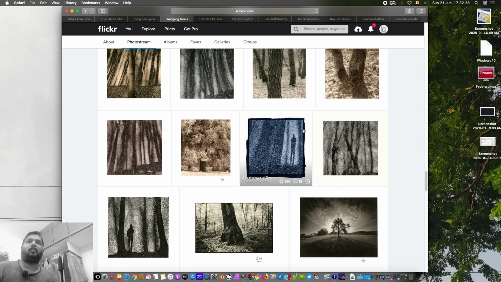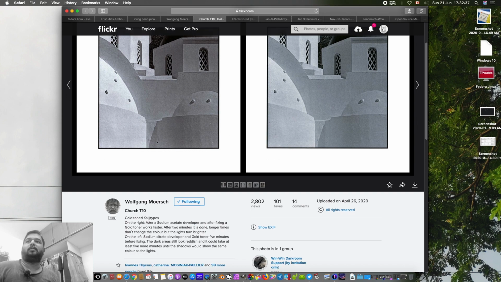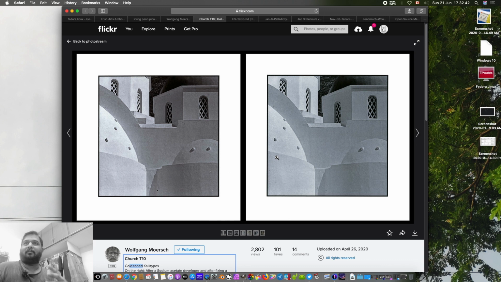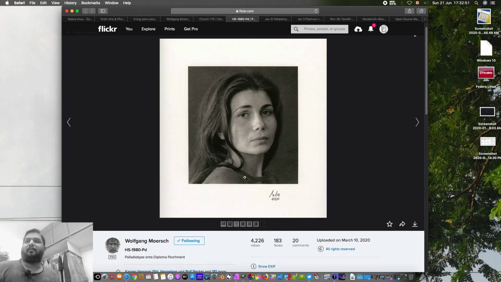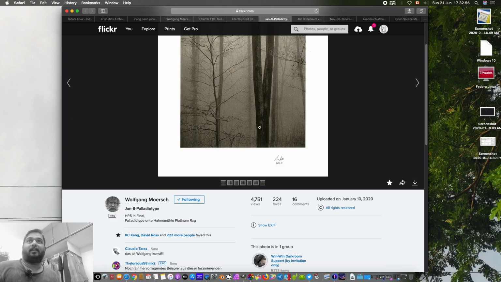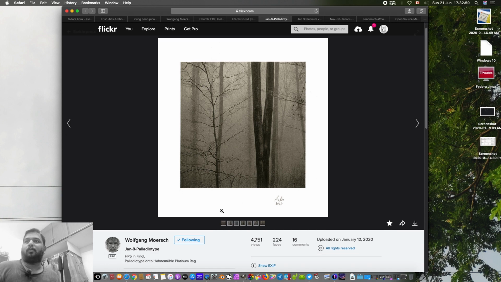Whatever you see here is the way you brush your solution onto your paper. What he has done is some Calotype prints with gold toning. Gold toning is like making use of actual gold in the solution, so that's still expensive. Even a 10% solution would cost more. So this is some palladiotype printing on a different paper. This one is a scan of that print. And this is again a palladiotype on an animal paper,